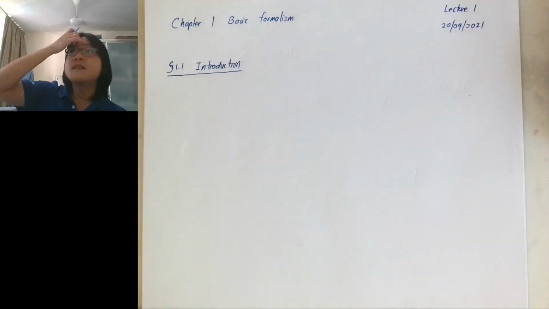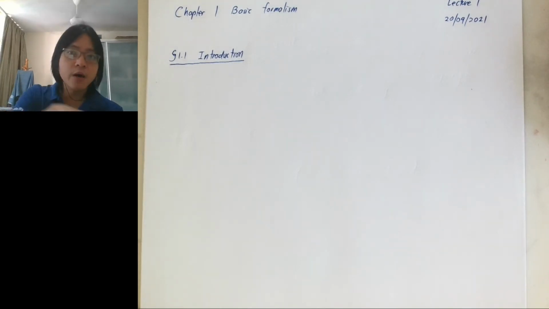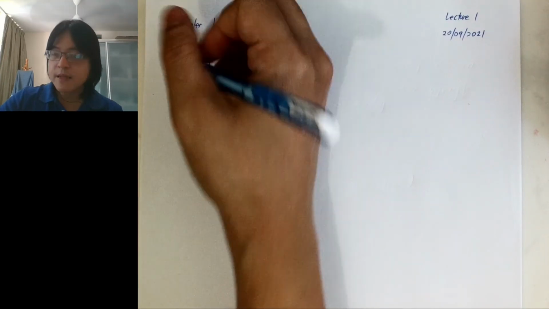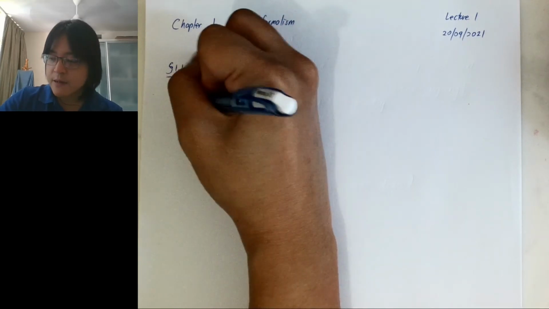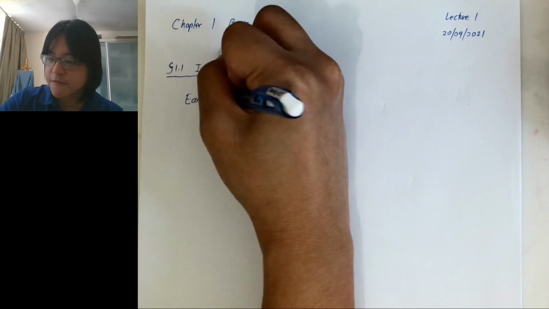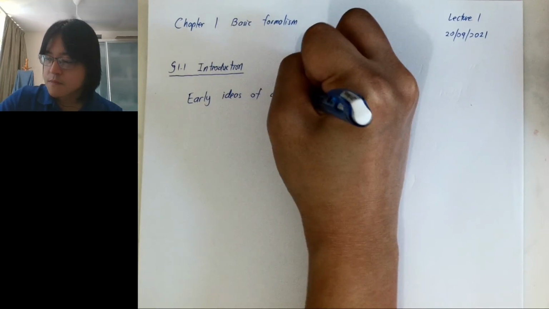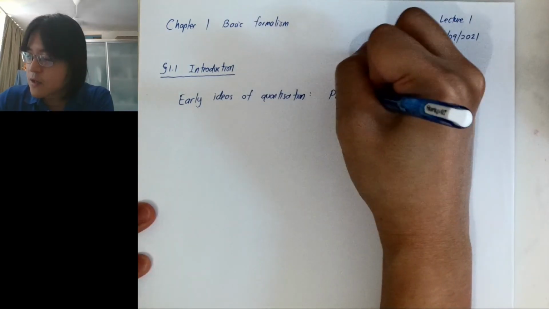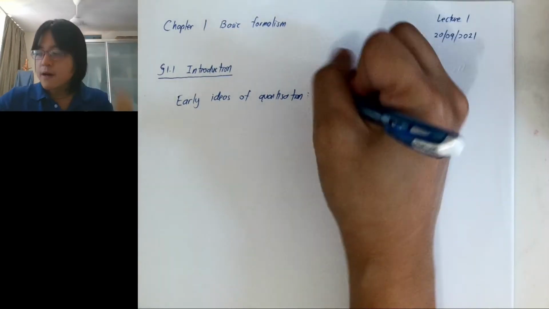Okay, so now before we start, let us recap a few things that you might have learned either in modern physics or in high school if you haven't taken the modern physics course. The basic idea is that previously, whether in high school or in modern PHY 104, we have already covered some of the early ideas of quantization. One of the objects that you have learned that is quantized is photons. So photons is the quantization of light. Okay, so this is light, right?